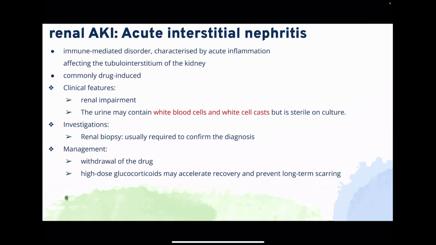The second cause of renal acute kidney injury is acute interstitial nephritis. It is an immune-mediated disorder characterized by acute inflammation affecting the tubulo-interstitium of the kidney, and it is commonly drug-induced. The most important clinical feature of acute interstitial nephritis is the presence of white blood cells and white cell casts in the urine. For investigations, usually renal biopsy is required to confirm the diagnosis, and for management,